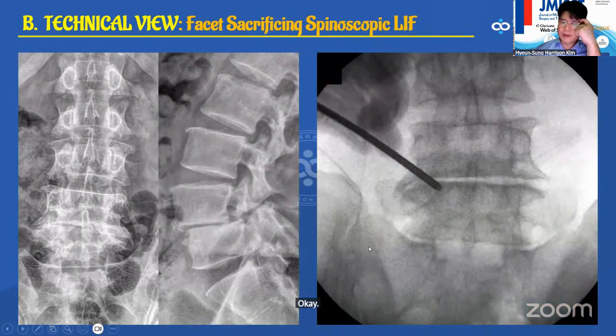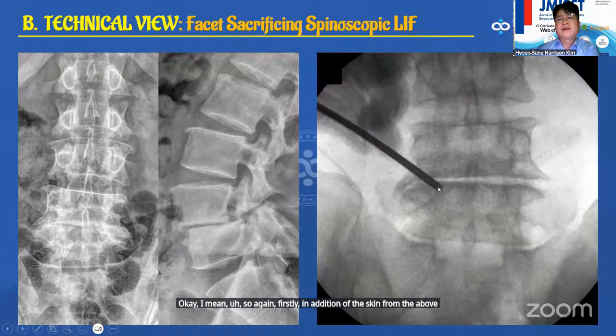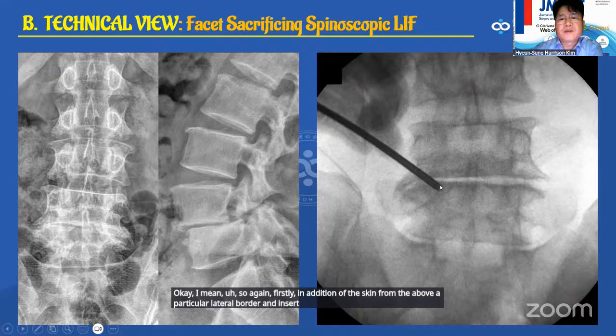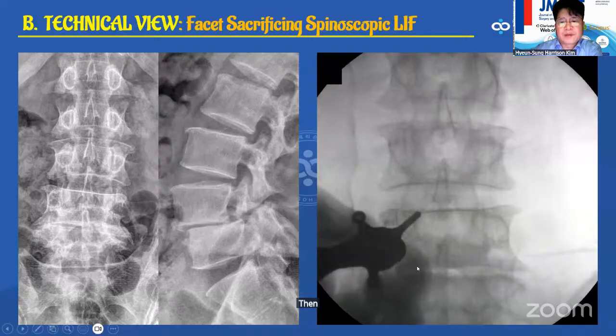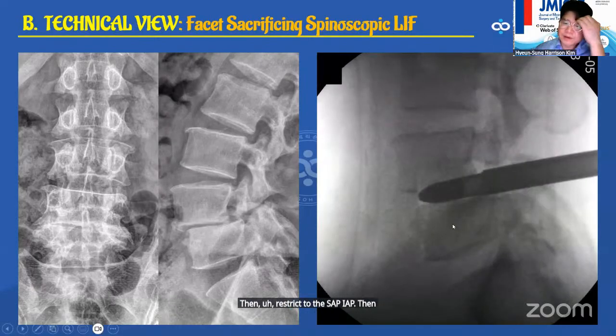Okay, I will show again. Firstly, incision of the skin from the above pedicular lateral border and insert the working channel to the medial border facet area. Then resect the SAP, IAP. Then insert to the